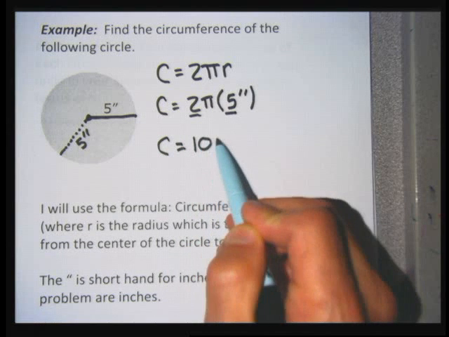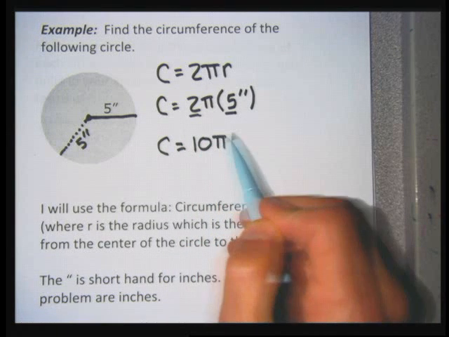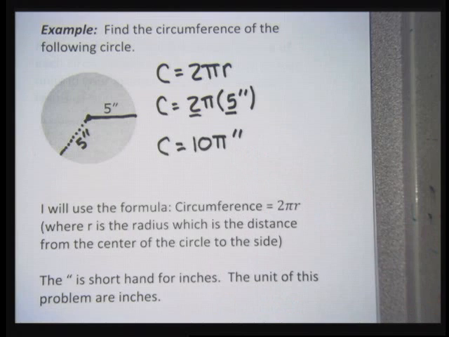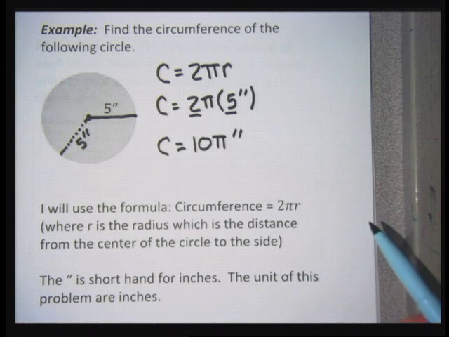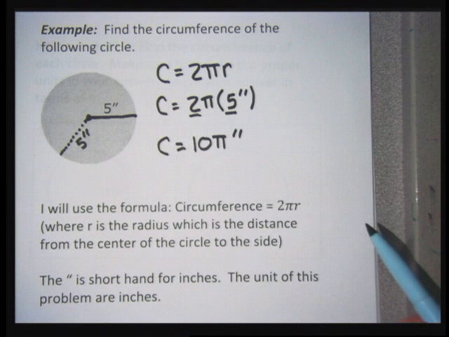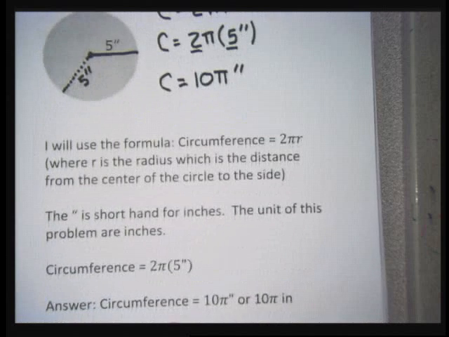So the circumference of this circle is 10 pi inches, and I'm going to leave it like that because it doesn't say to write my answer in decimal form. In some of the problems, if I ever want the decimal form with the 3.14 version of pi, I'll tell you. And so you'll see I write my answer down here